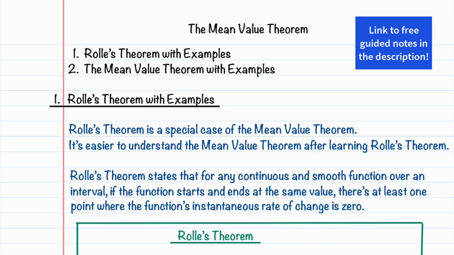In this Calculus 1 video, we're learning about the mean value theorem and how it connects the average rate of change of a function to its instantaneous rate of change. We'll start by reviewing Rolle's theorem, a special case of the mean value theorem, and then explore conditions for the mean value theorem to apply. Finally, we'll work through examples to find where the conclusion of the theorem holds and interpret what it means in